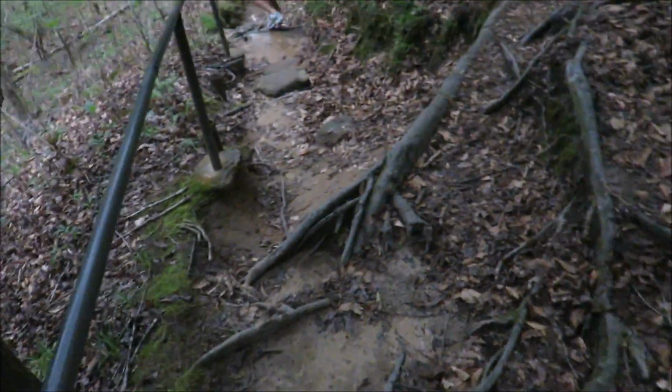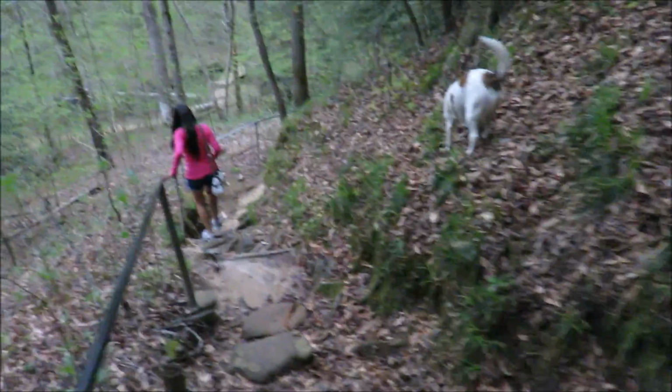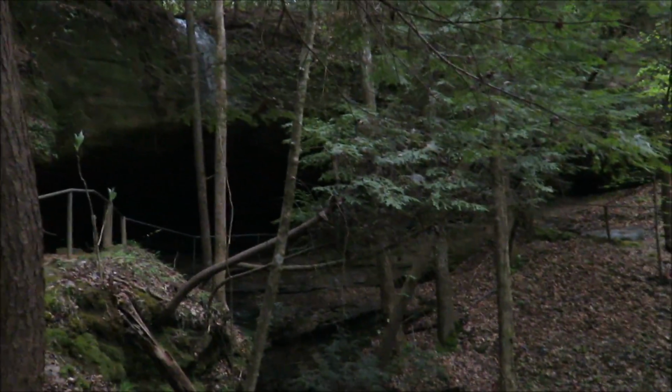These are all the roots and things coming out of the trees, and they help form the steps and hold the soil back so you can kind of step down. It's a sure-footed tour guide mountain dog. There's another path over there. But looking back here, you can kind of see. And again, I try not to go too fast, but